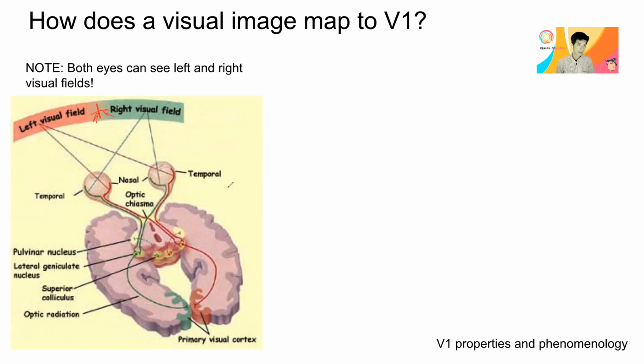Then respectively, the green projects onto the left side of each retina, and the red onto the right side of each retina, and that projects to the same side of the visual cortex. So the green visual field on the right side is now projected onto the left visual cortex, and the red one goes into the right visual cortex. Okay,